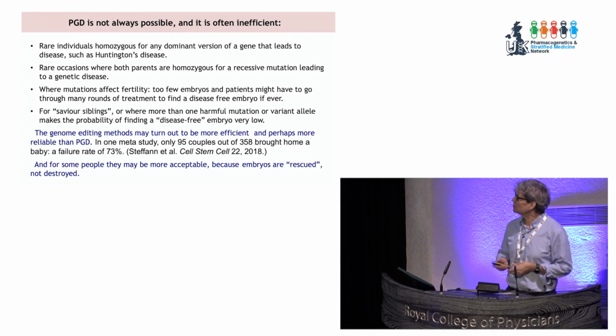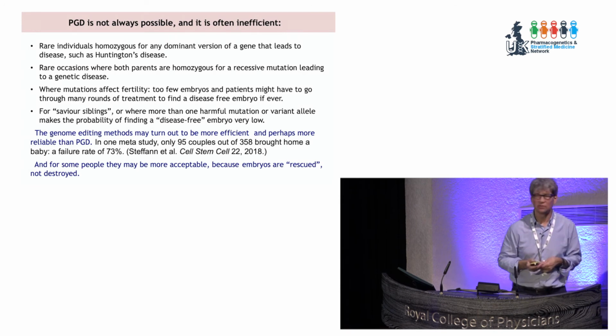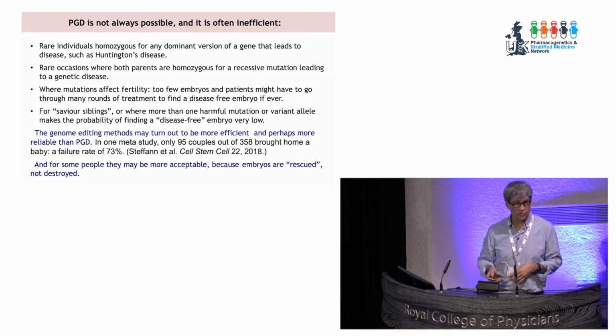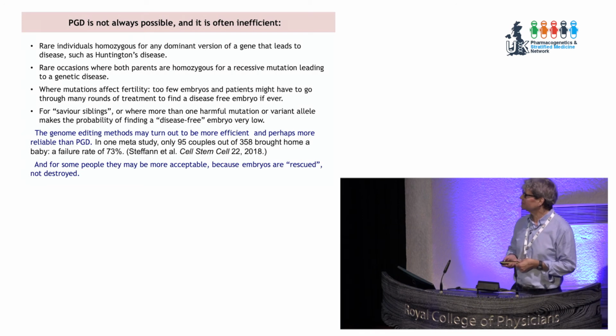For savior siblings, or where you have more than one harmful mutation that you need to correct at the same time, PGD often cannot work. You don't have enough embryos to find one that's going to give you a baby free from the disease. And then the genome editing methods may turn out to be more efficient. We don't know, not yet. Certainly not yet,